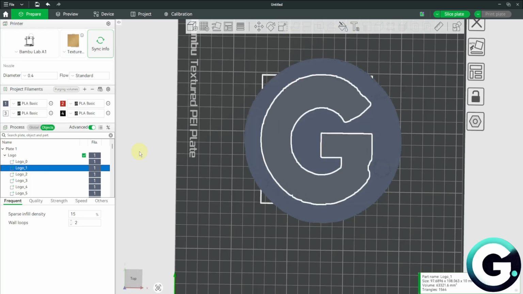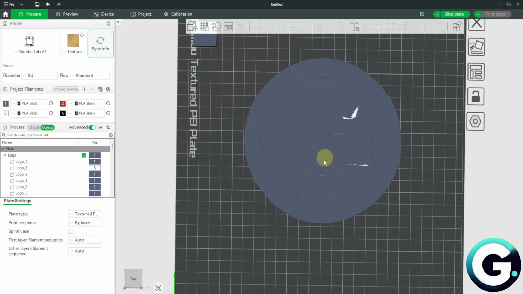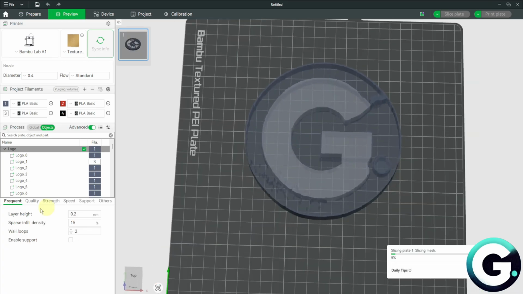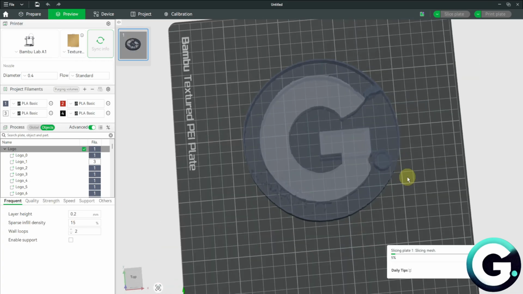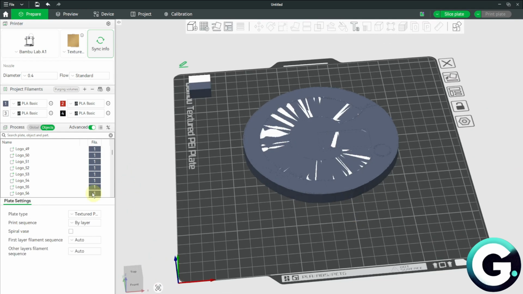So maybe for this one, let's then set our filament to something like blue. And basically from there, it will then add your logo, as you can see right here. So once again, it's not perfect, but if you work on it, it will then allow you to import your